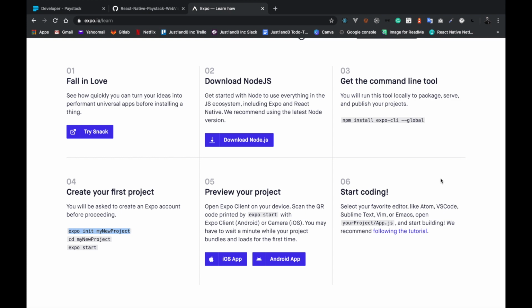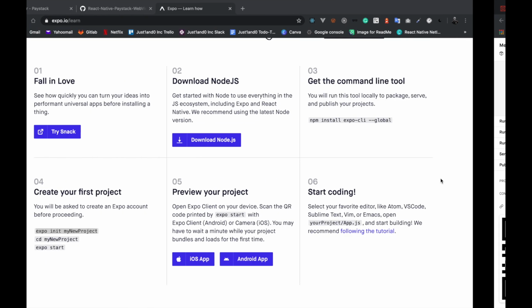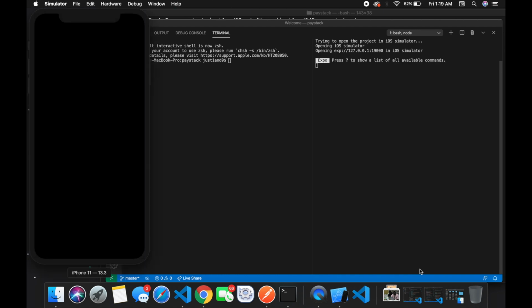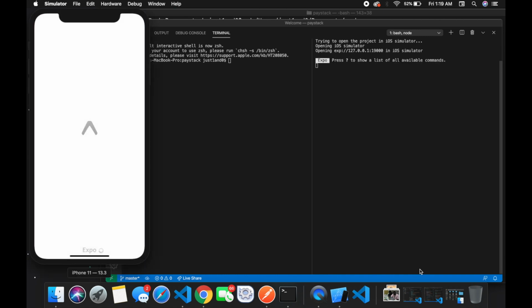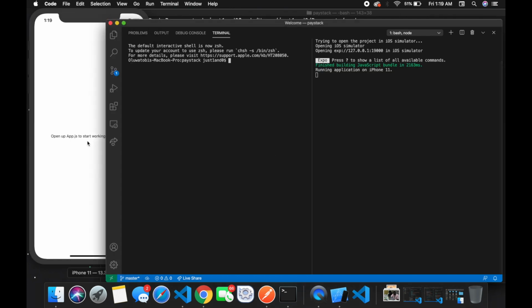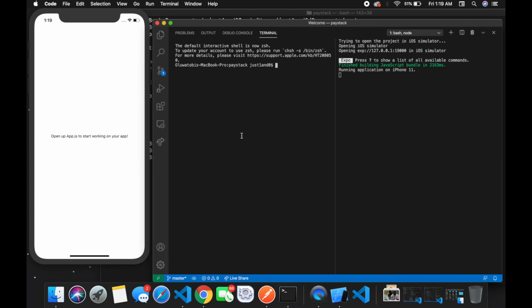I think it's loading. Yes, so this is running the app on the iOS emulator. So yeah, we have our app running,